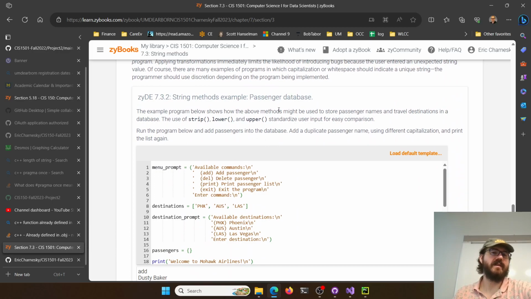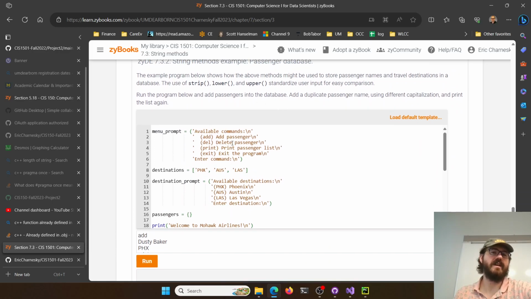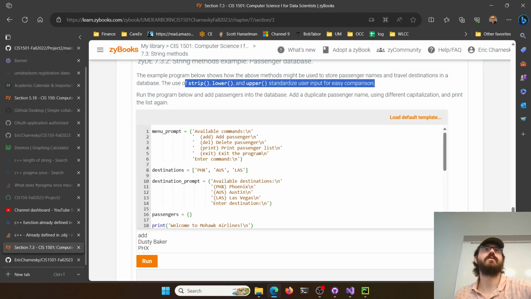So in your passenger database, you can uppercase and lowercase and check all of these things out to make sure that they're all standardized when we do our input or when we're storing the values. Especially when we start using dictionaries, right? And you check for the key of a string. Capital E Eric is not the same as lowercase e Eric. Eric with a space is not the same as Eric with no space. So it gets to be very specific when we're looking up strings. So standardizing somehow with something like strip and lower is pretty common.